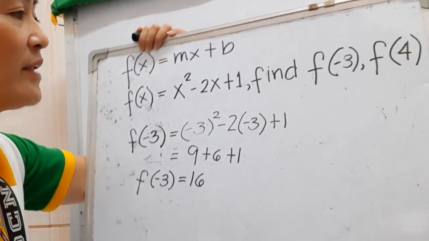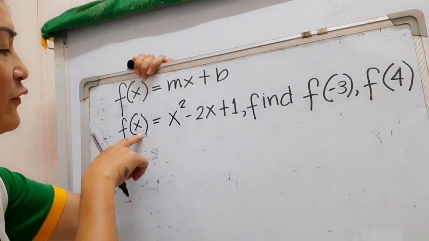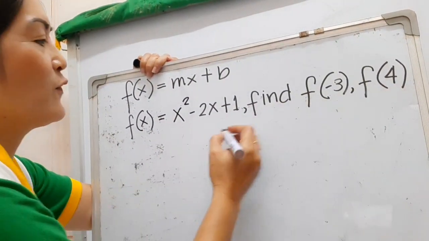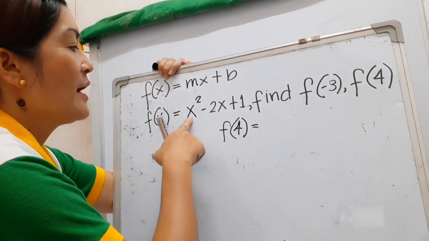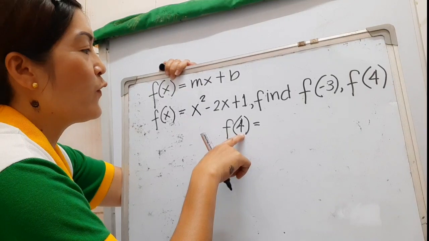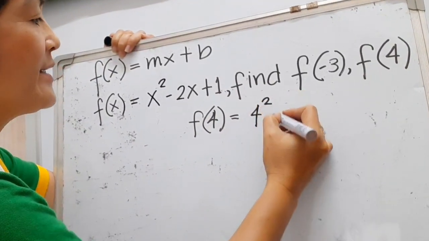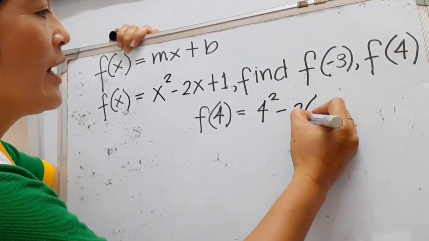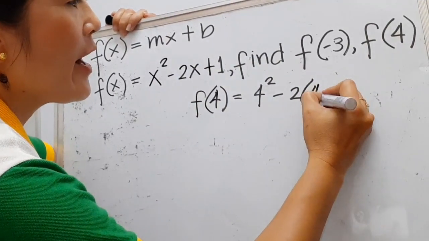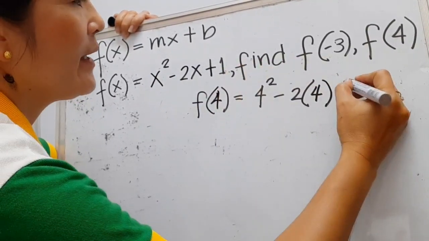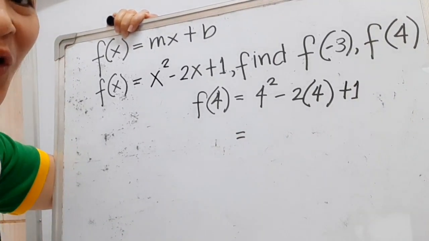Okay? What about f of 4? So instead of x, you are going to write f of 4. So f of 4 is equal to, the value of x now will become 4. So that will become 4 squared. 4 squared minus 2 times our value of x, substitute it by 4, plus 1. Alright. Simplifying further,